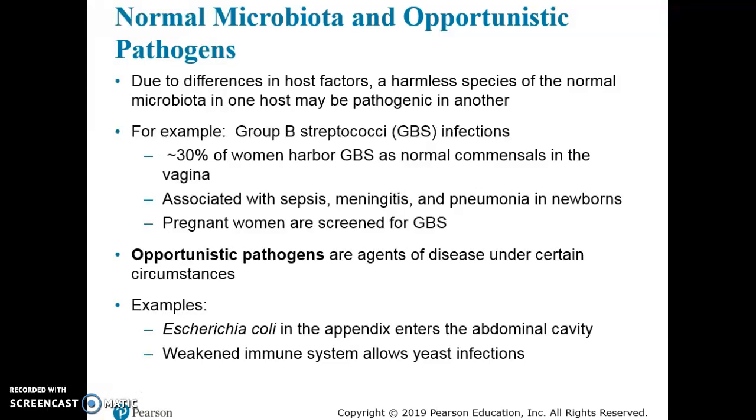And so now how do we treat that, or how do we look for it? All right, pregnant women are screened for group B strep. So usually, I don't know, maybe month 6 in the pregnancy, 6 or 7, the mom is screened for group B strep, and so the doctor knows whether or not group B strep is part of her normal flora. And so what happens then? Well,